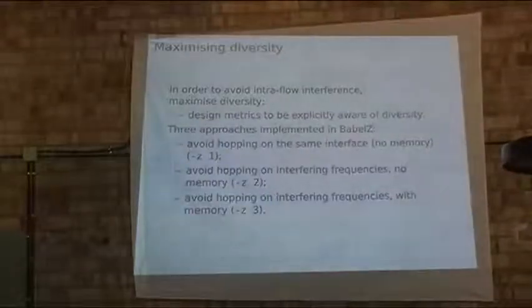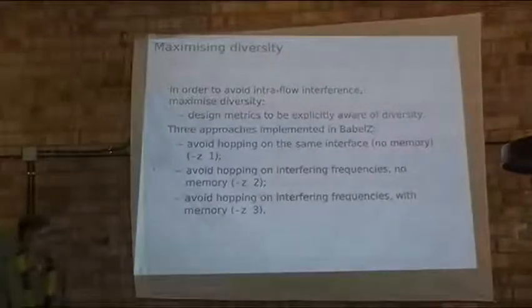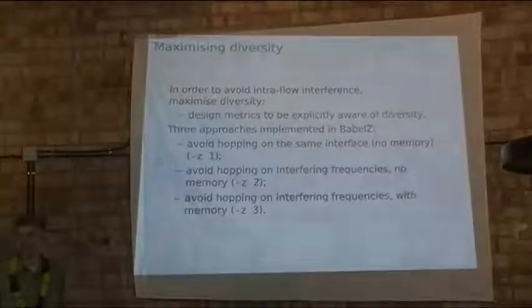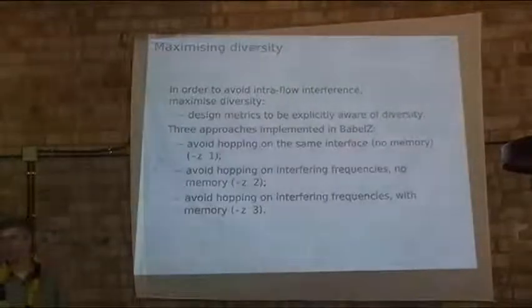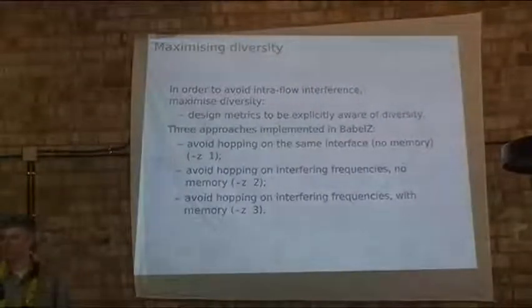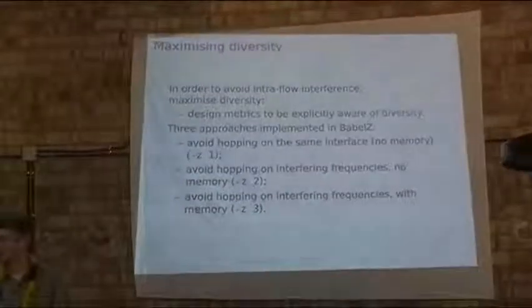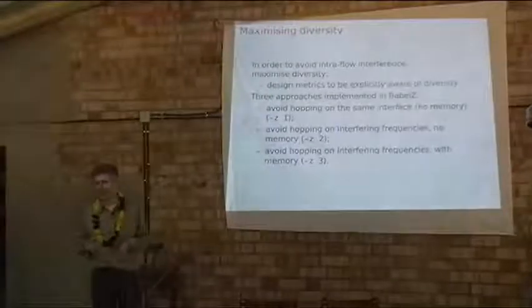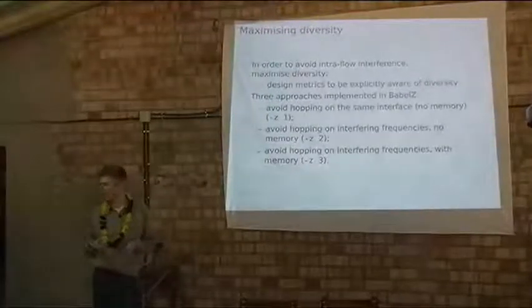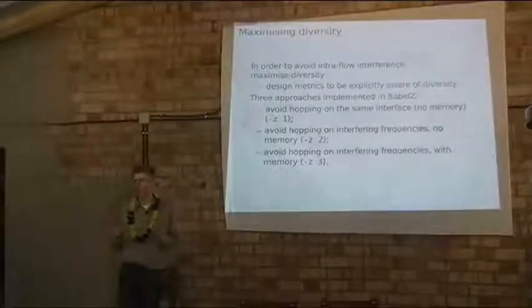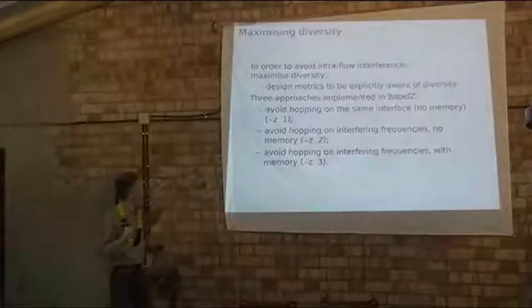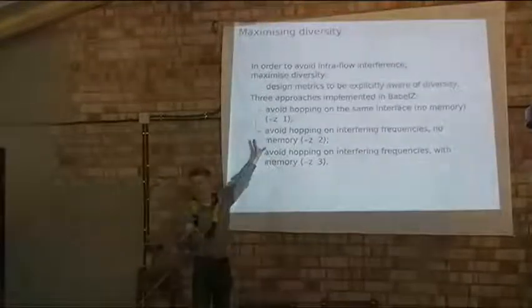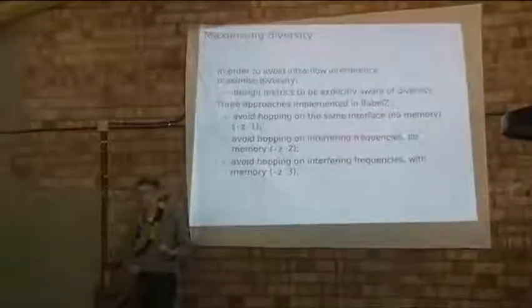One is that we avoid hopping on the same interface. You have your router, a packet is coming back on an interface, you have two interfaces. Well, if it's possible, try to push it out through a different interface. With luck, it's going to be on a different frequency. So that's the simplest diversity strategy you can have. I think somebody mentioned it about Batman earlier doing that. That's a very old idea. It's been used quite a lot. It works surprisingly well. And that is what you get with BabelZ if you call it with the flag -z